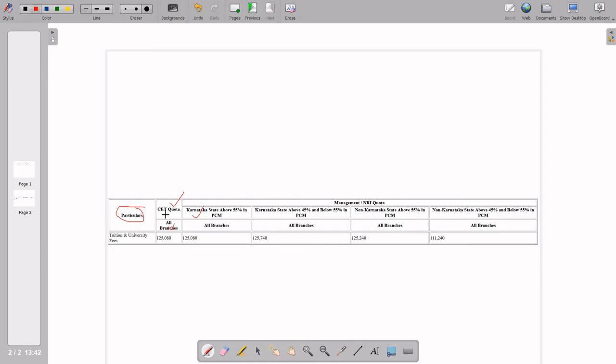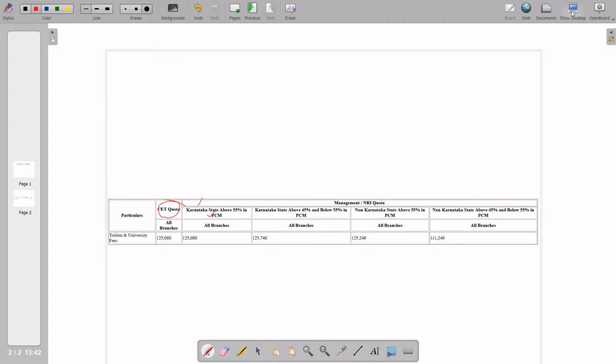Coming to the second one. Again you see CET quota, that is the second value, but this is the merging of two rows. Clear?